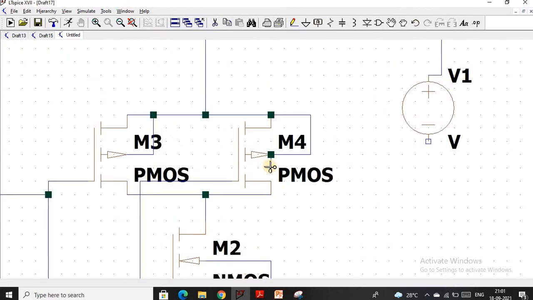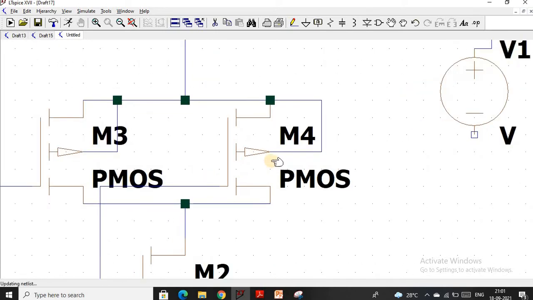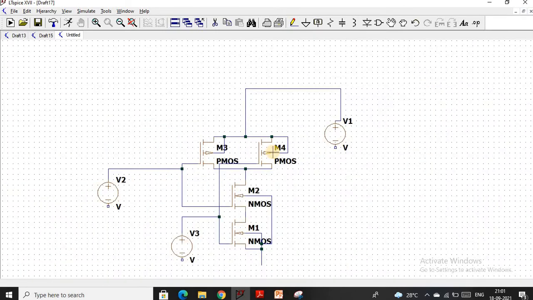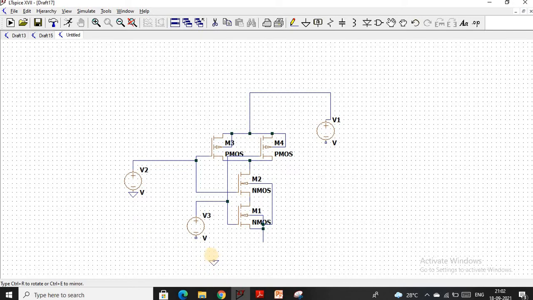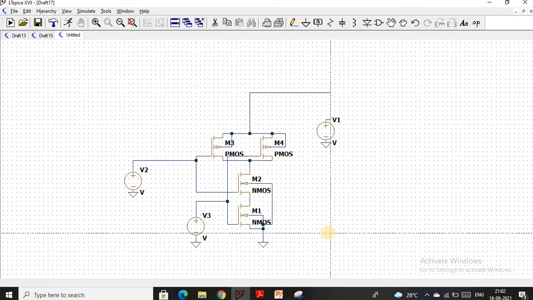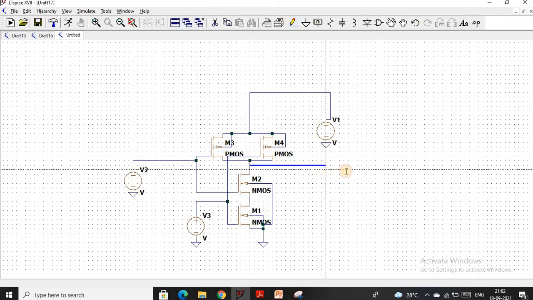It produces noise in your output, so remove it. Now provide the ground. And output.